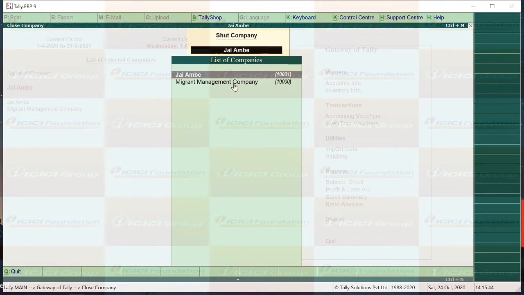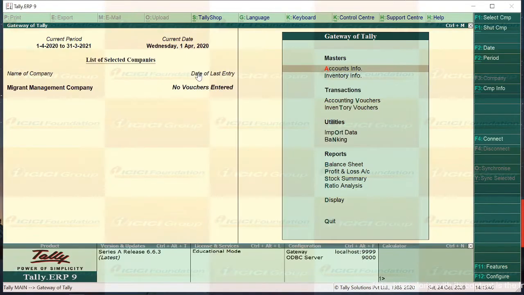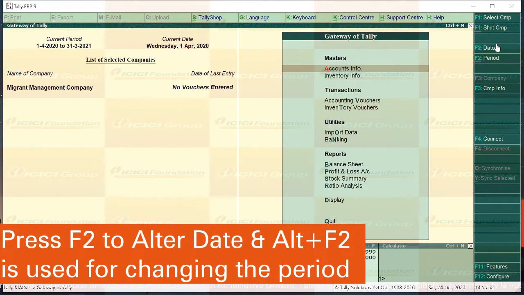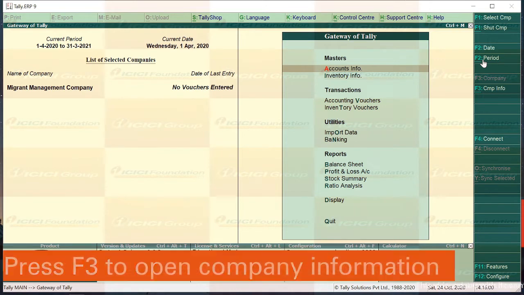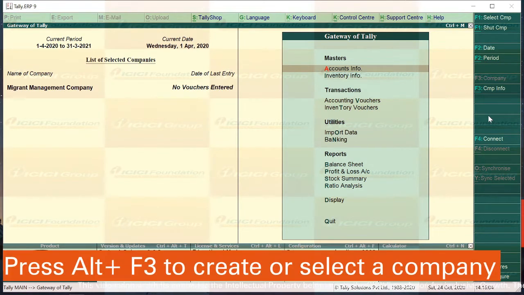When you click on this, you can see it has disappeared from the left pane. F2 is used for altering the date and Alt F2 is used for changing the period. F3 will open company information, and with Alt F3 you can create or select company.